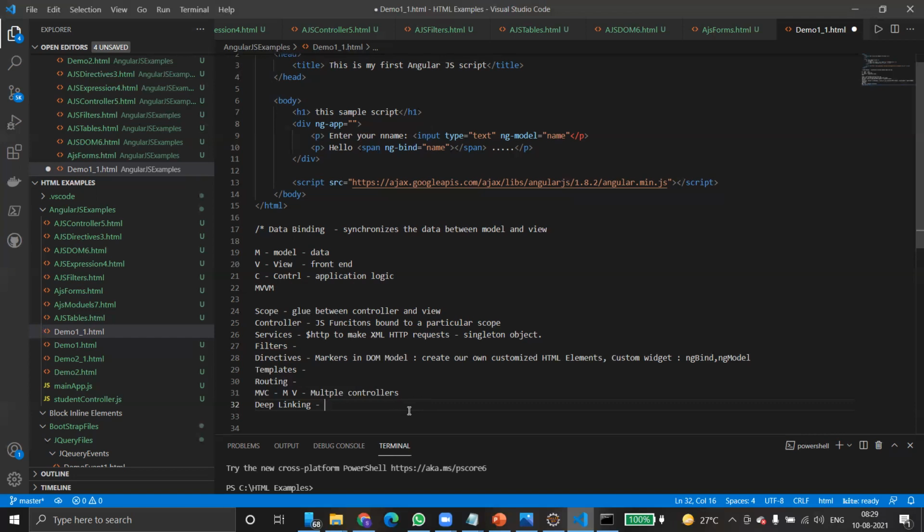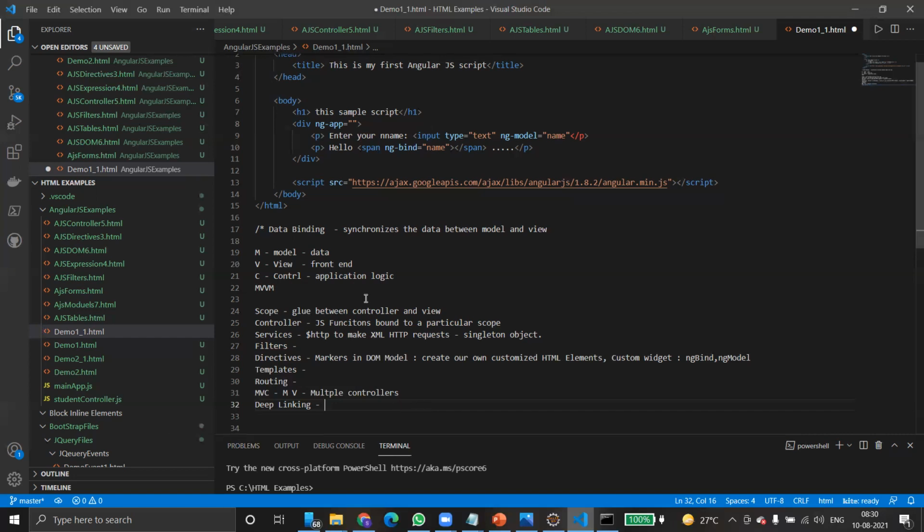Then only your AngularJS script will work. Otherwise, it doesn't work. Second thing, it is not secured. There is no built-in authorization or secured framework in AngularJS. Especially server-side authentication and authorization is required when developing web applications, but that is missing basically.